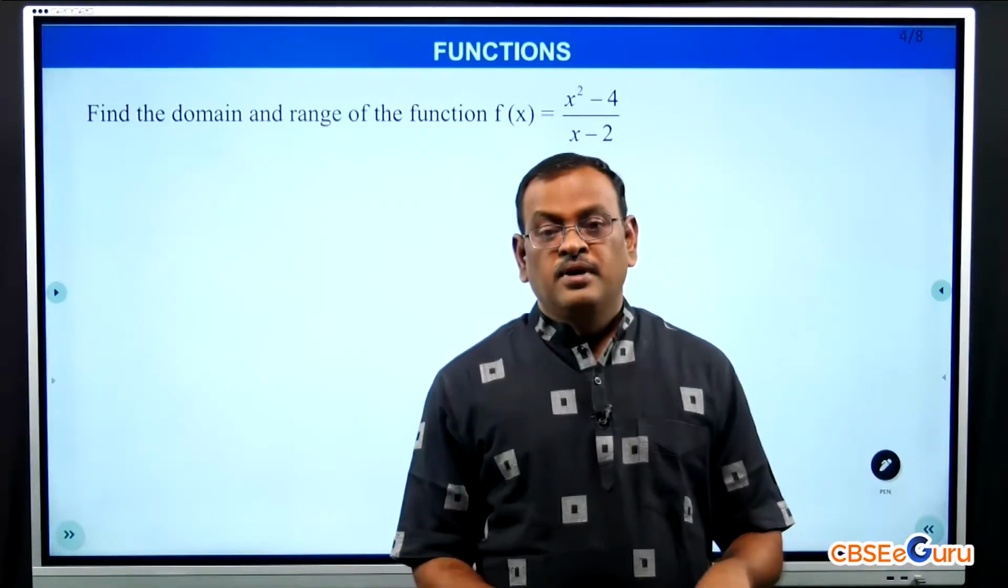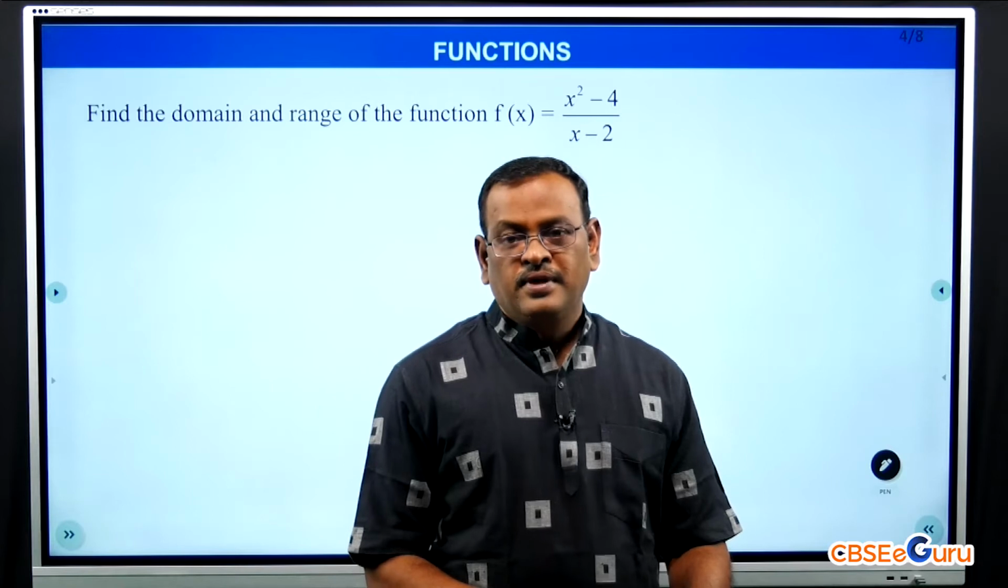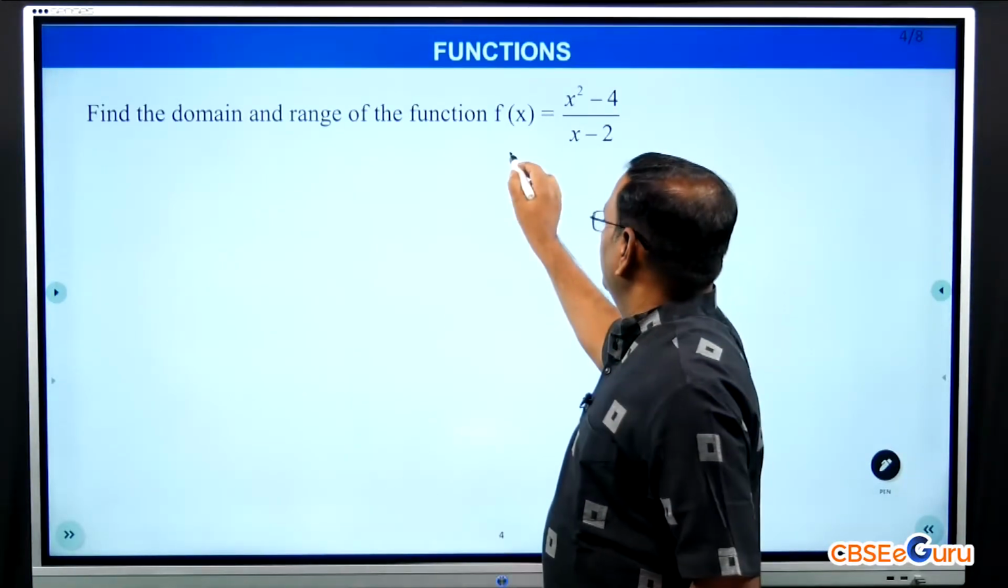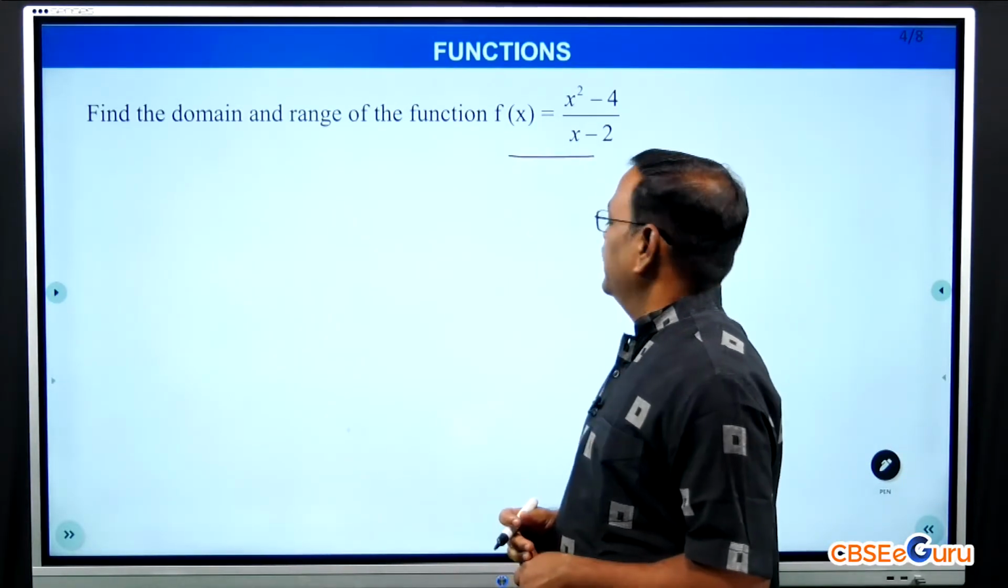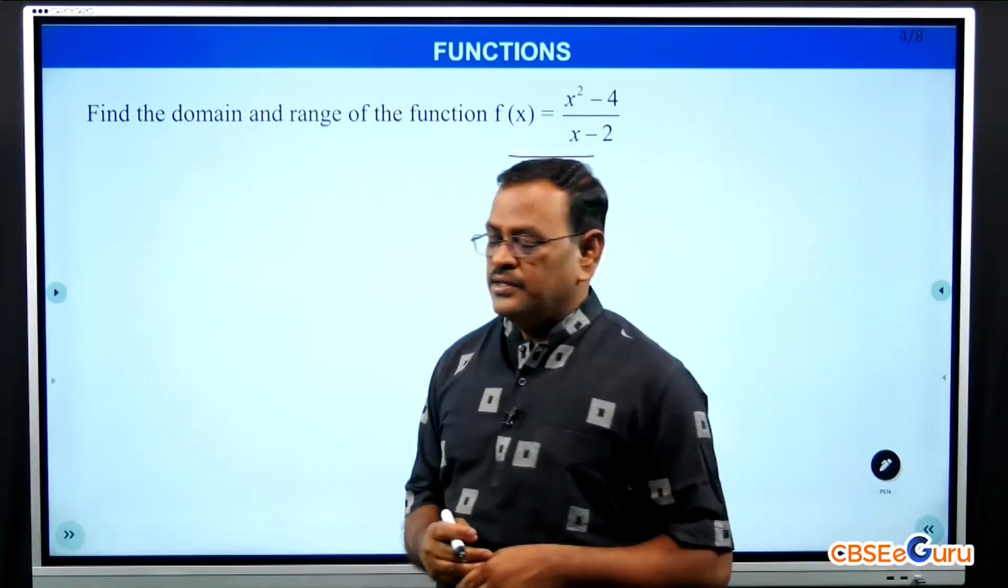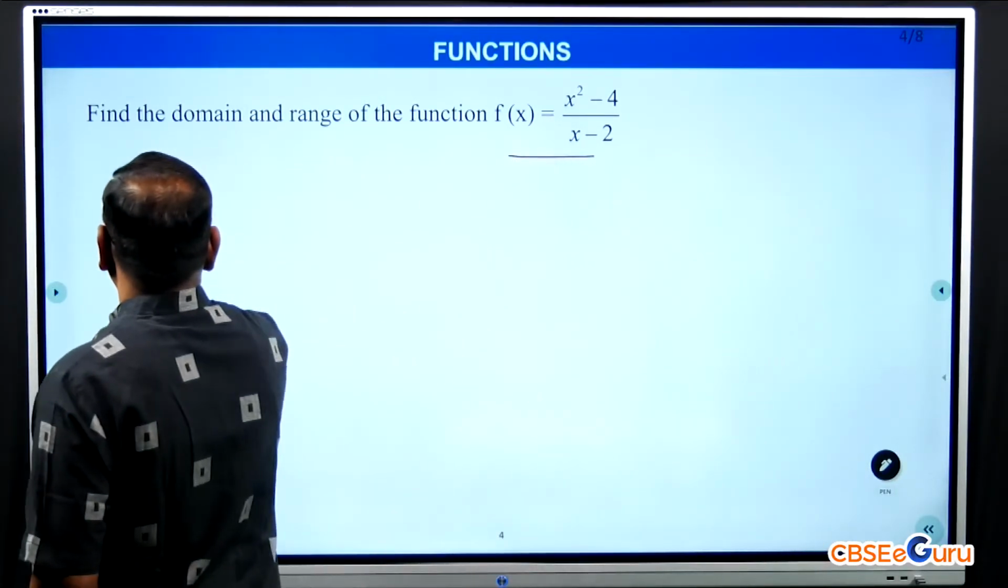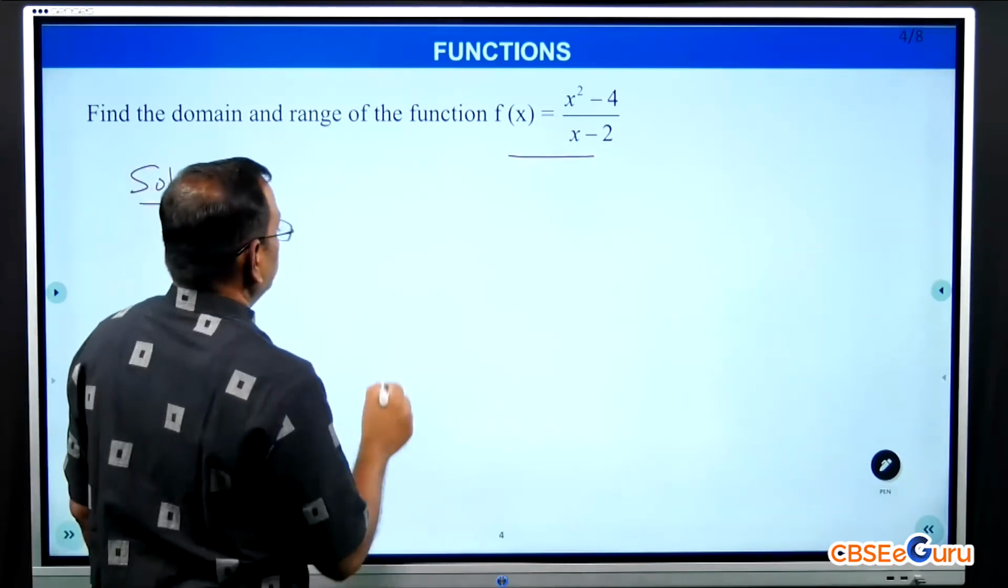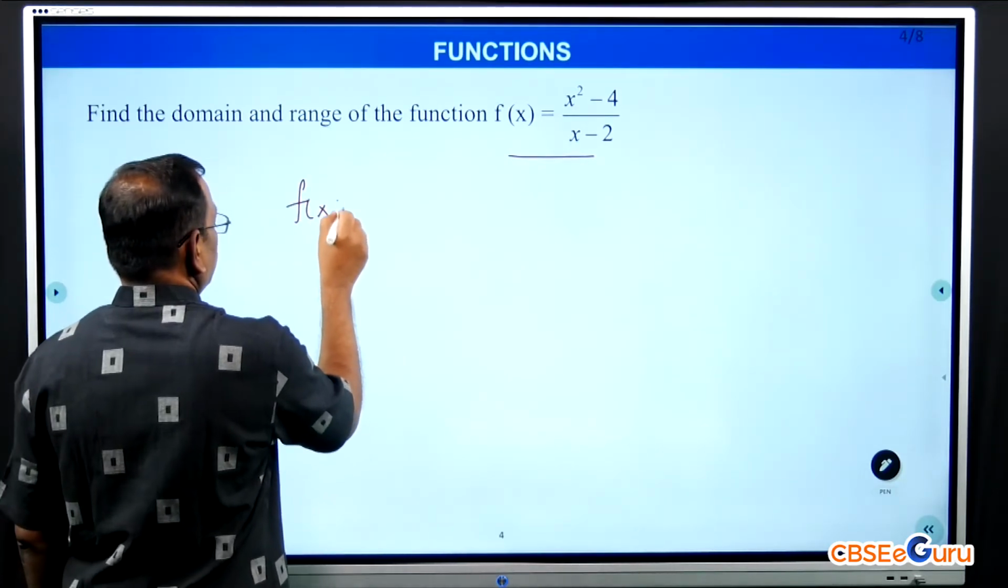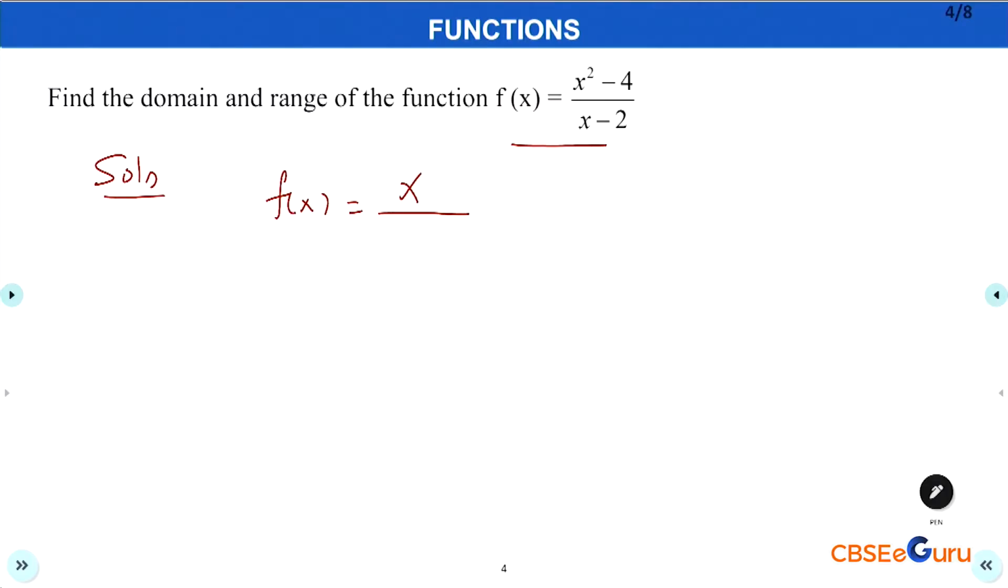Hello students, next sum: find the domain and range of the function f of x equal to x square minus 4 by x minus 2. Find the domain and range. Solution: the given function is f of x equal to x square minus 4 by x minus 2. To find the domain of f,